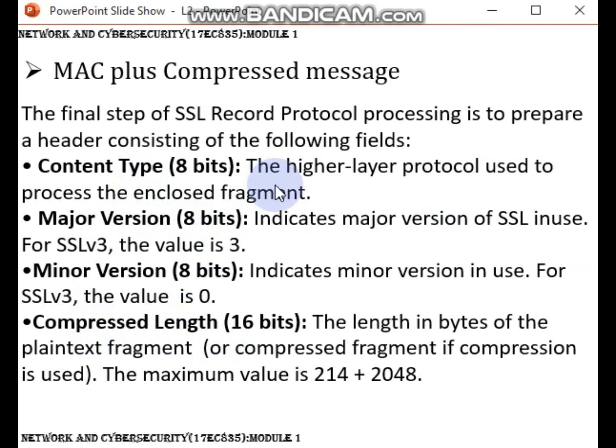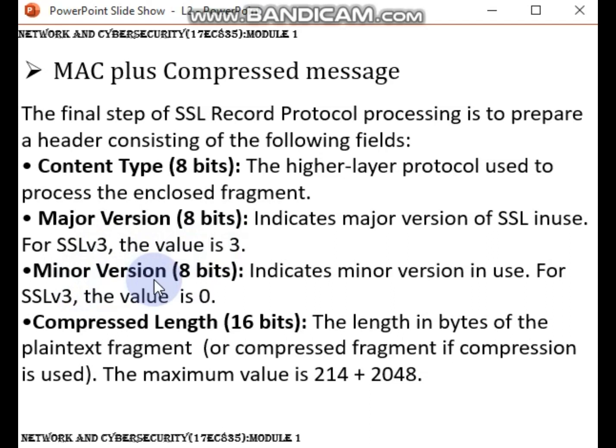Content type: the higher layer protocol used to process the enclosed fragment. Major version, 8 bits, indicates the major version of SSL in use. For SSL v3, that is version 3, the value is 3.